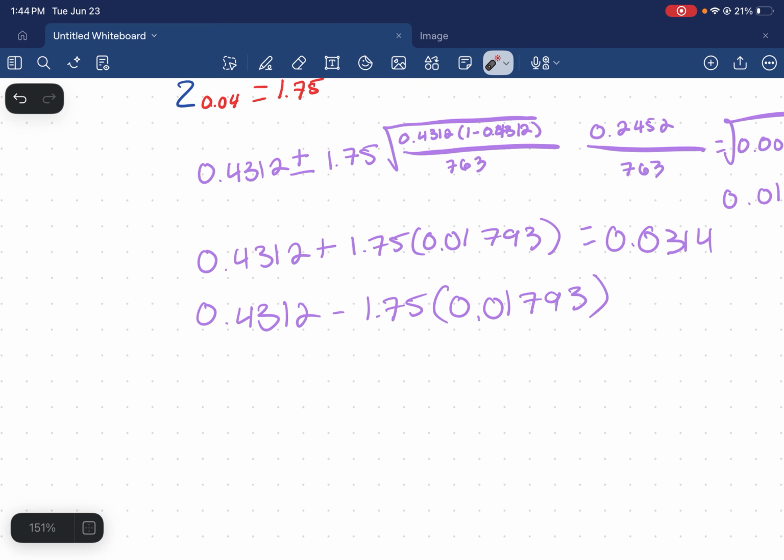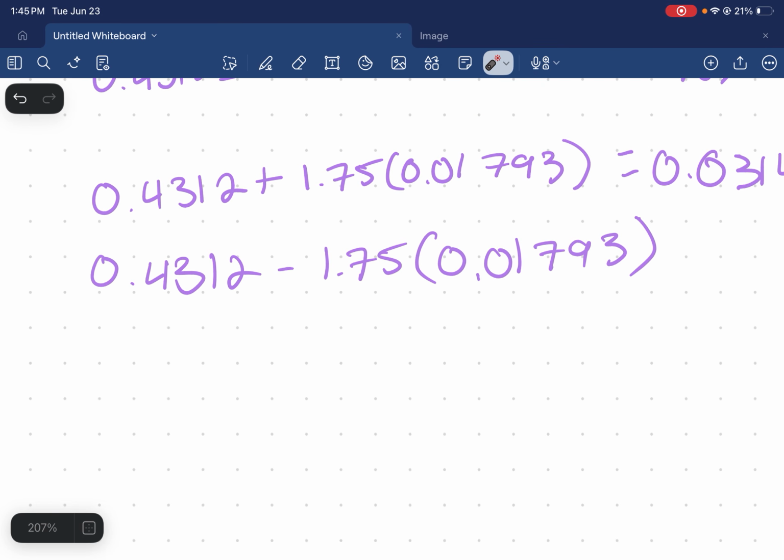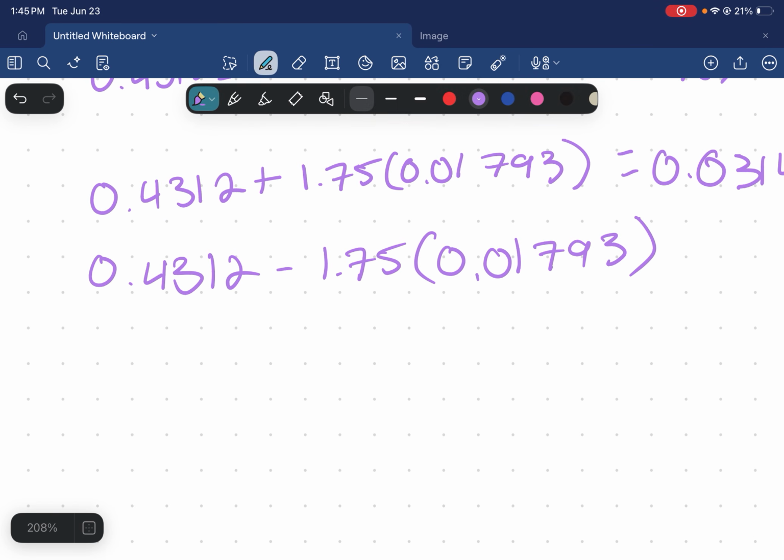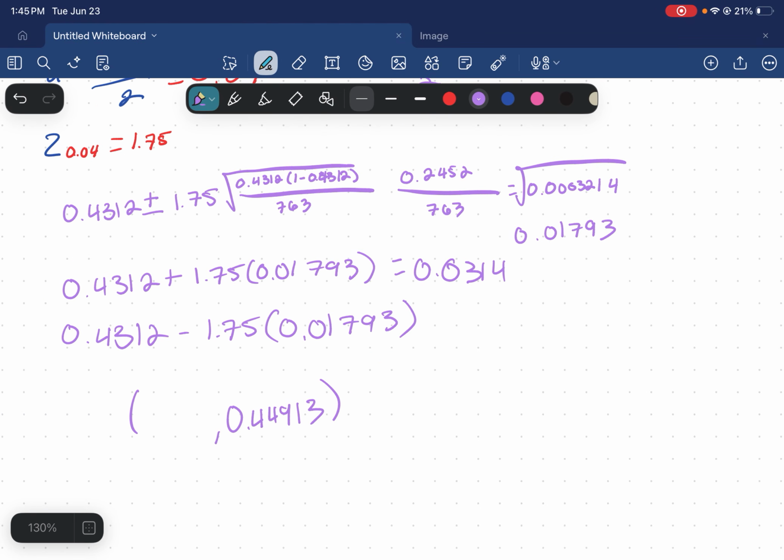So that equals 0.4312 plus 0.0314. So the upper bound is 0.4626. And then the lower bound, we're just going to take